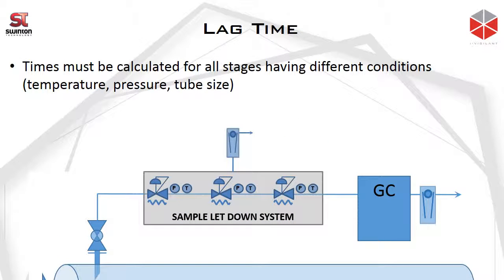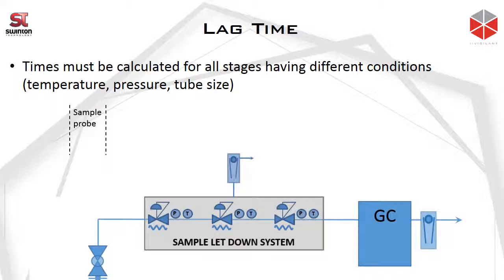Now, times must be calculated for all stages having different conditions, so that's anything affecting the volume or the flow rate at that particular stage. This particular sample letdown system that's illustrated has 3 stages of pressure reduction, so that will be 3 different pressures and 3 stages. But as well as that, we have to consider